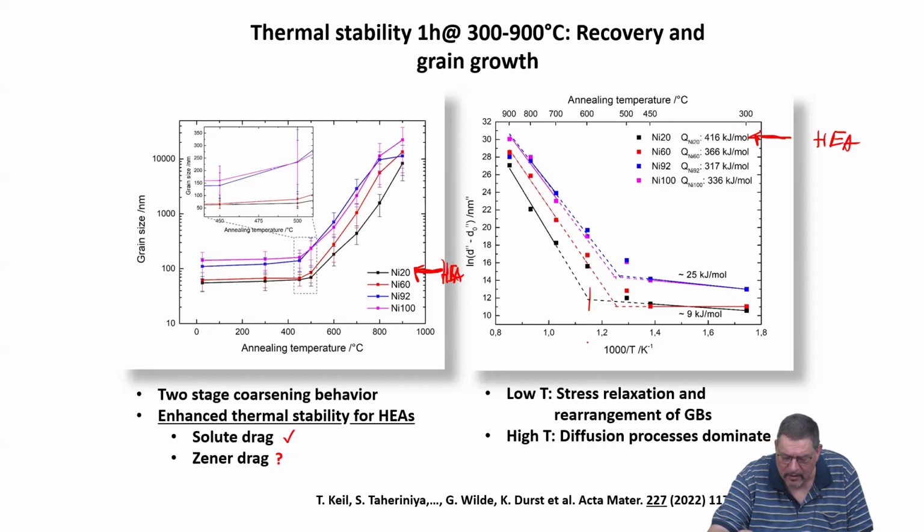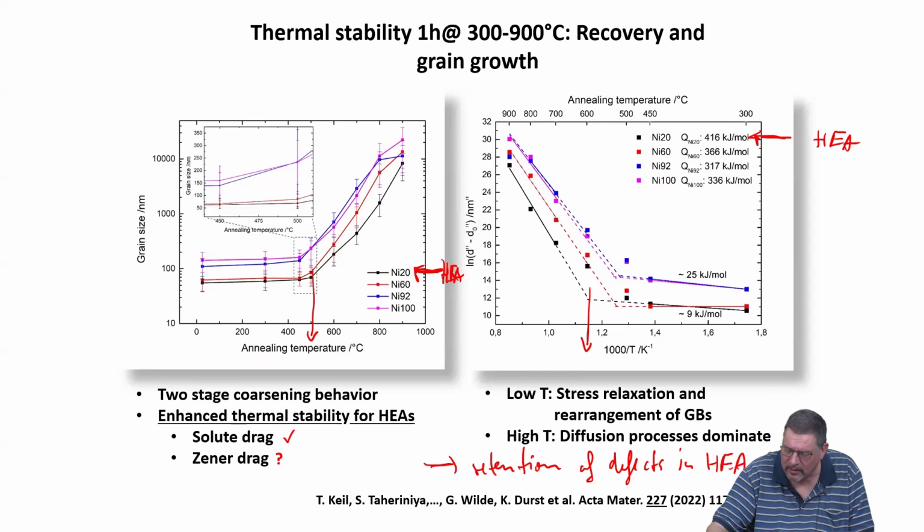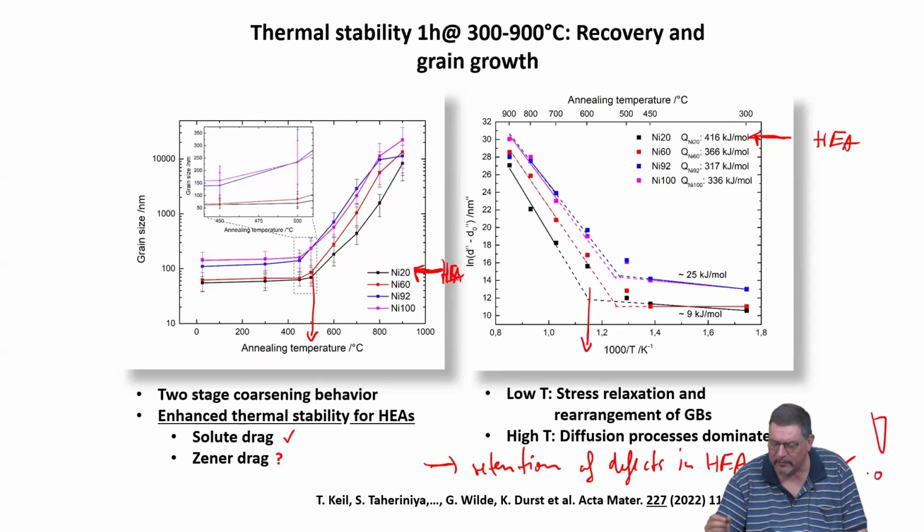This is actually an important point because the retention of defects here in high entropy alloys is larger. And this, I think, is one of the unexplained but very important effects of high entropy systems. You can see that somehow, and I guess, this is really a guess, because of the high entropy, because of the lattice distortions that we have